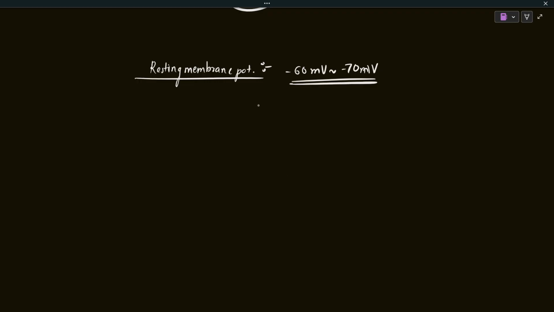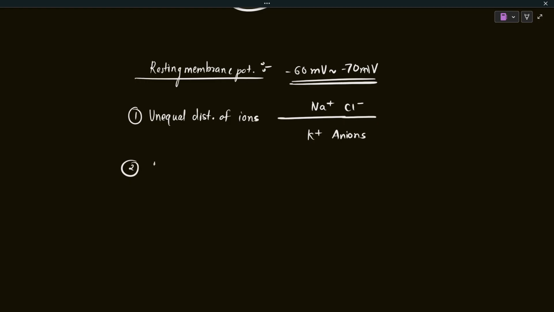This resting membrane potential is generated or maintained first due to unequal distribution of ions. Do not forget this unequal distribution. Sodium ions and chloride ions will be high on the outside, while the potassium ions and anions will be high on the inside of the cell. Then, due to the impermeability of the neuronal membrane to anions,